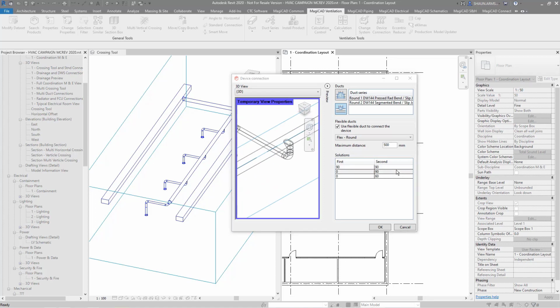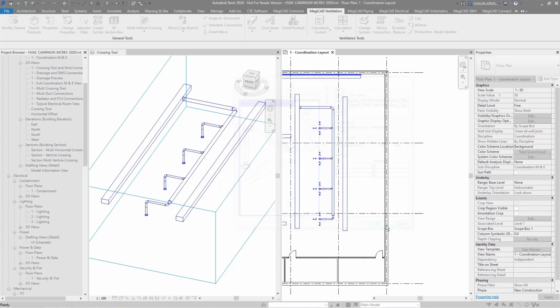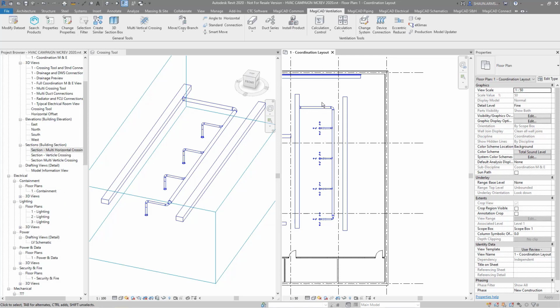And then I can also go to 0 and 90, which mimics what I've got on their end there. So that's the one I'm going to choose, and I've selected that, and as you can see it has modelled that section in for me. But now what I can do is I can use this move or copy branch,